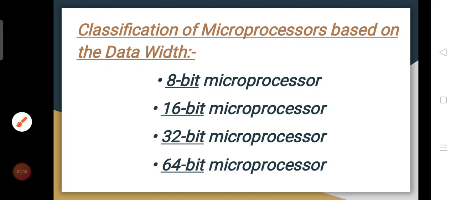So if you are executing a 4-byte instruction in a 2-byte processor, it will slow down the processor because there is a need for dividing the instruction. So based on the data width, the microprocessors are divided into 4 categories, that is 8-bit, 16, 32 and 64.